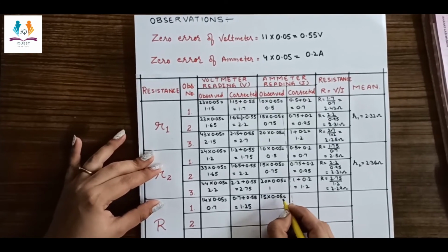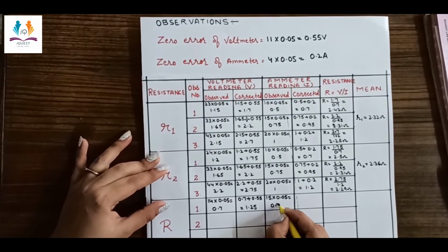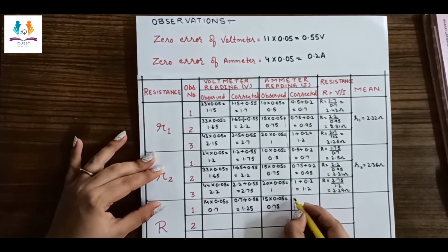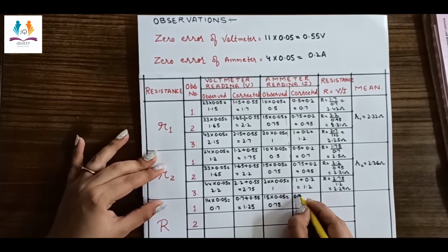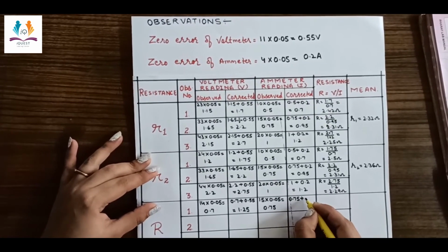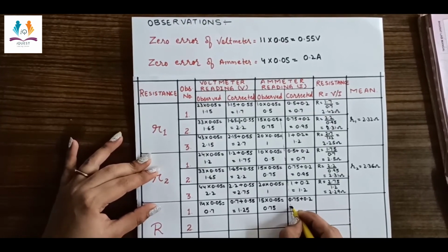Now in the ammeter the reading was 15 divisions into the least count of the ammeter, that is 0.05, and it is equal to 0.75 ampere. To find out the corrected reading, observed reading, that is 0.75 plus zero error, that is 0.2 ampere, and it is equal to